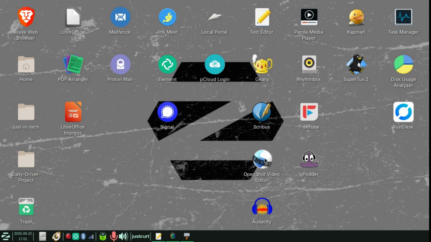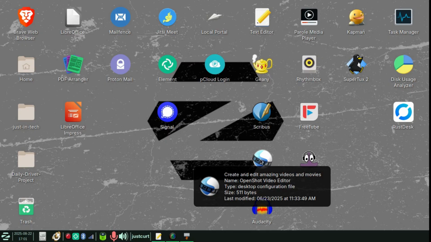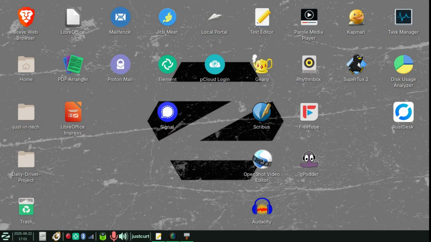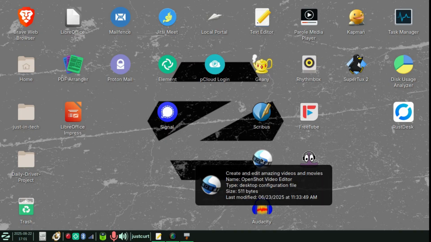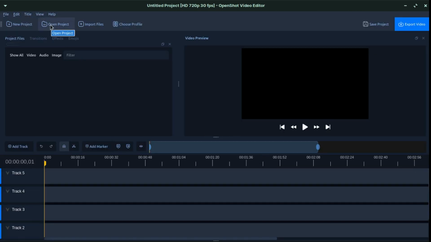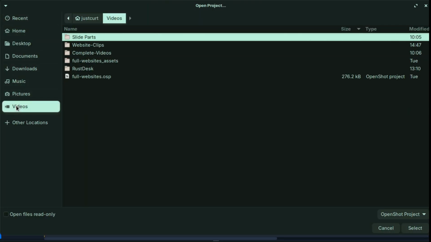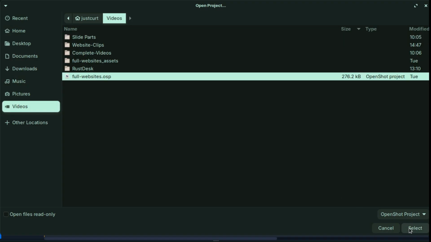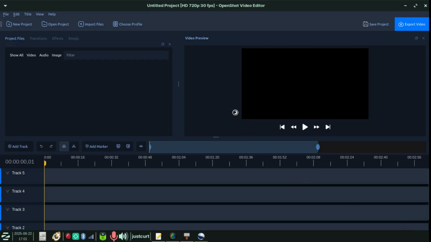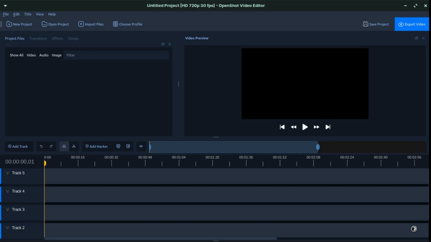Now for the video editor, I do typically use OpenShot while I'm on Linux. It works awesome on this device as well. And we're going to go ahead and fire that up. Give me just a moment here. Now I'm going to open a project. I know it's going to say it can't locate it, but give me just a moment. We'll click videos and we're going to click this item here, select, hit OK, videos, website clips,